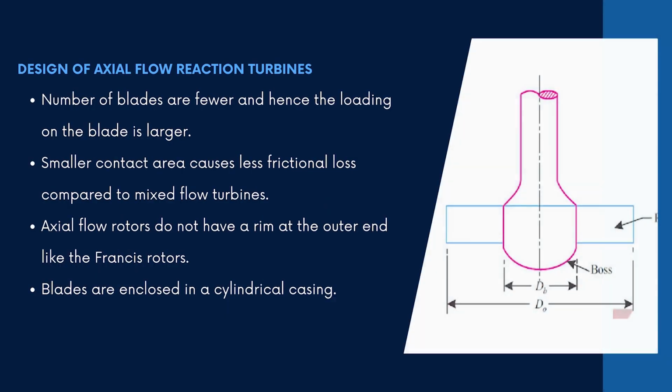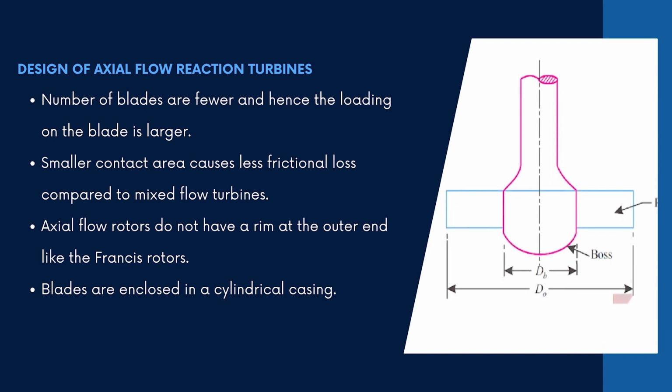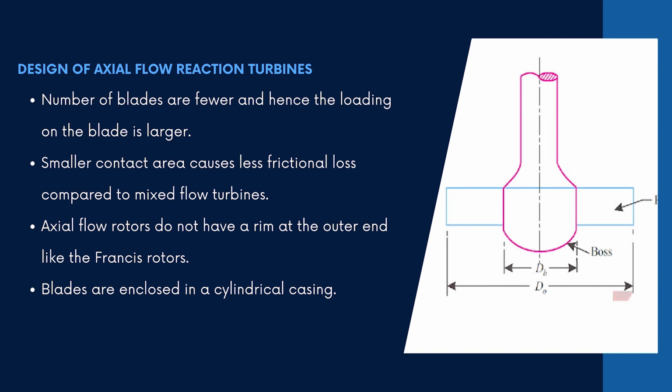Now, let us take a look at some aspects of design of this axial flow reaction turbine. In axial flow turbine, the number of blades is fewer and hence the loading on the blade is larger. Smaller contact area causes less frictional losses compared to mixed flow turbines, but the peripheral speed of the turbine is larger. Another factor is that axial flow rotors do not have a rim at the outer end like the Francis rotors,